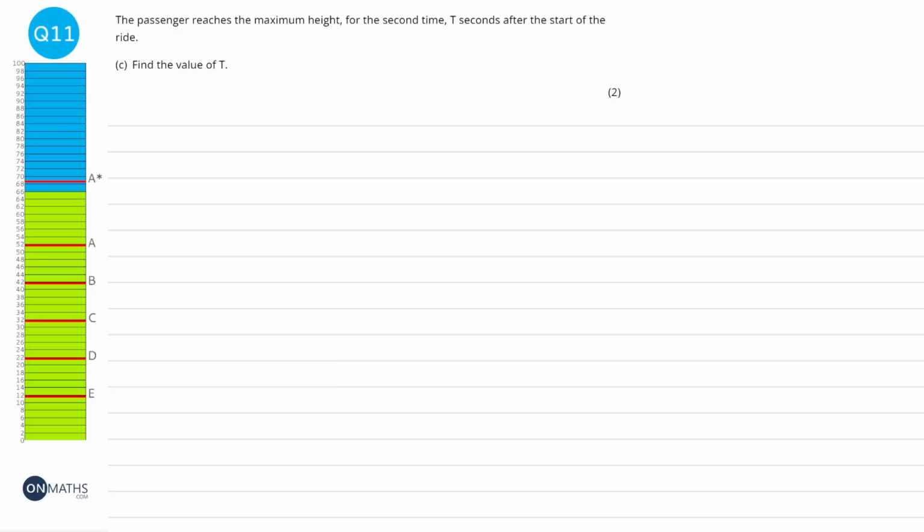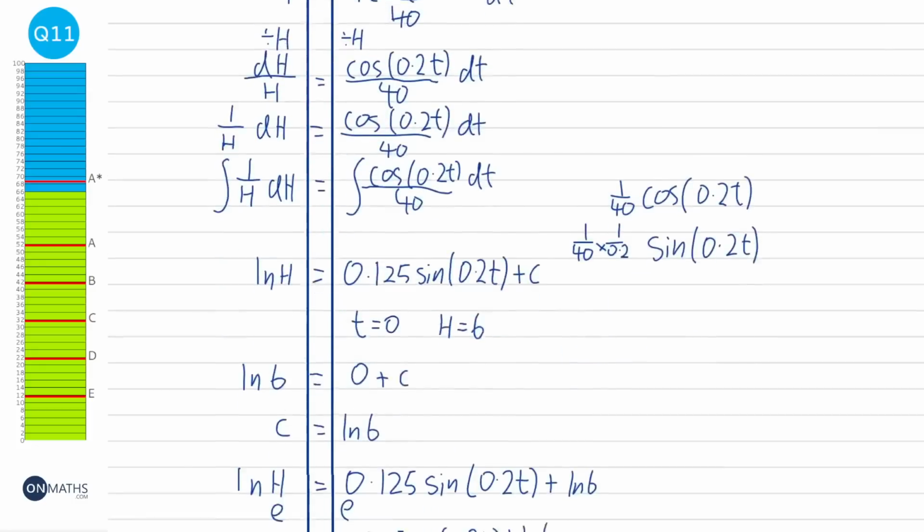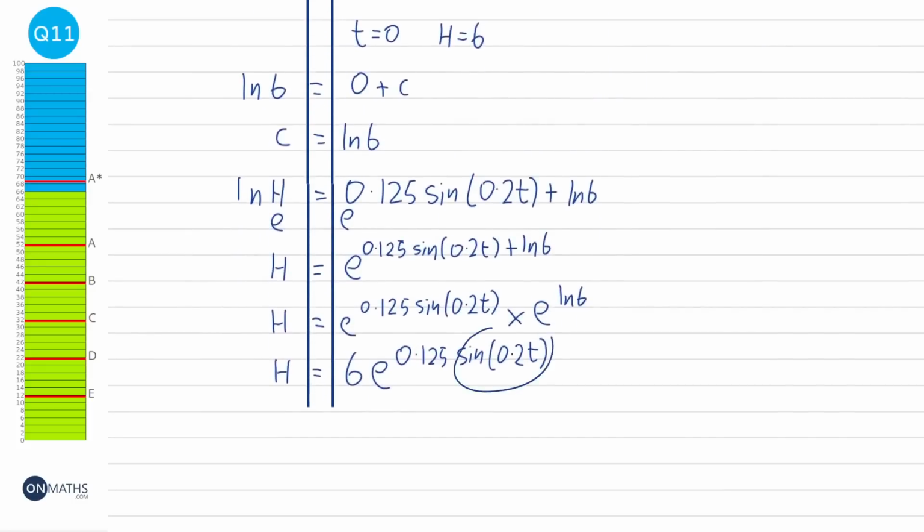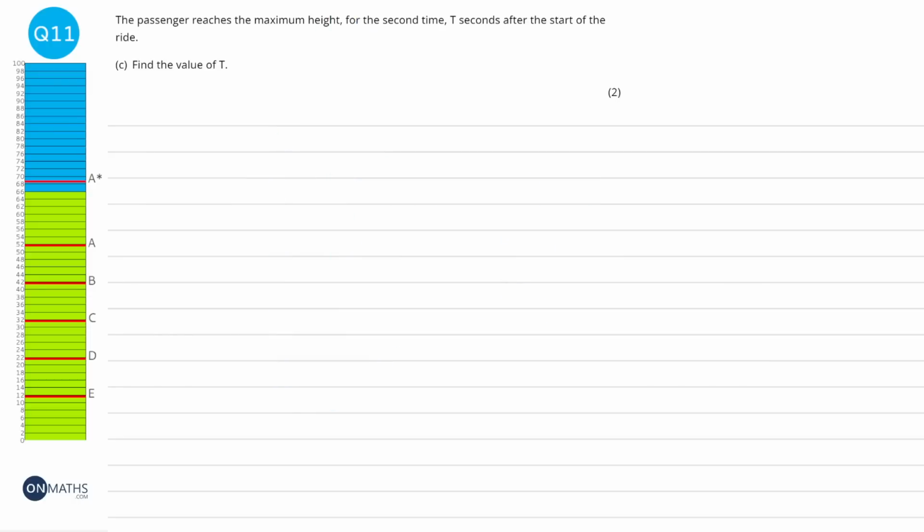So this question is quite similar to question B. We're looking basically at the sine part of the answer to question A. So we're just looking at sine 0.2t, because the maximum will be when that equals 1. So we've got sine, and then that's 0.2t, and we're looking for when it equals 1. So we can just solve that, find out what t is, because that will give us the time. So we'll get inverse sine both sides,